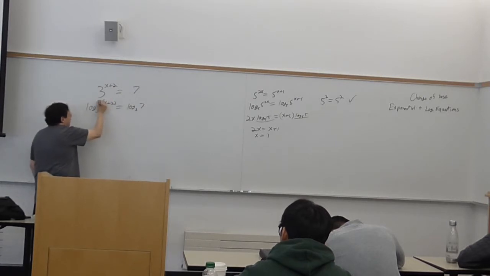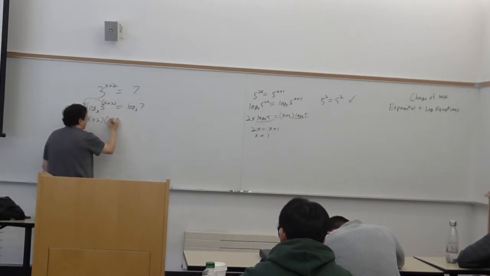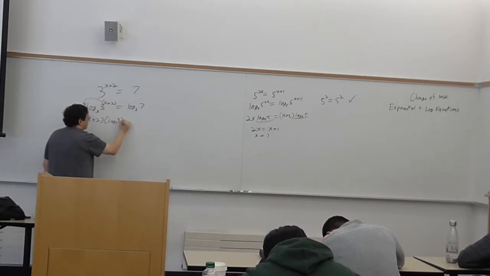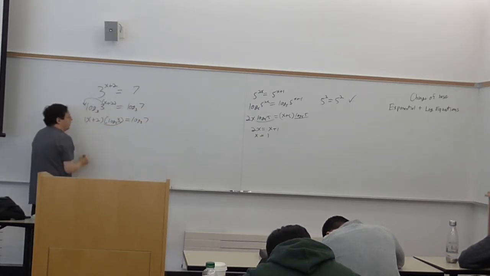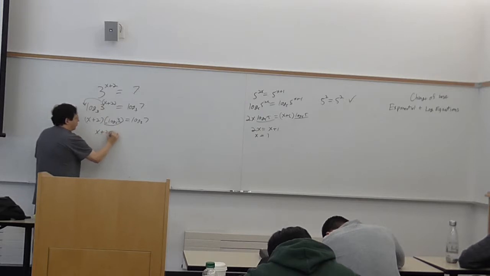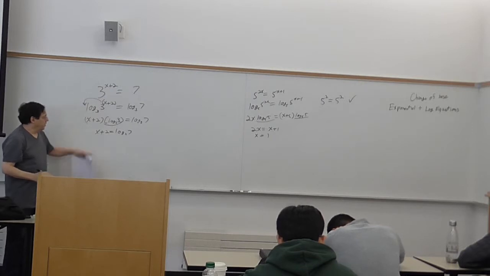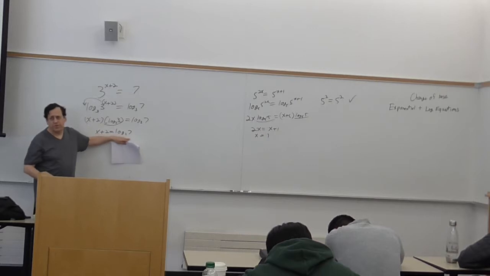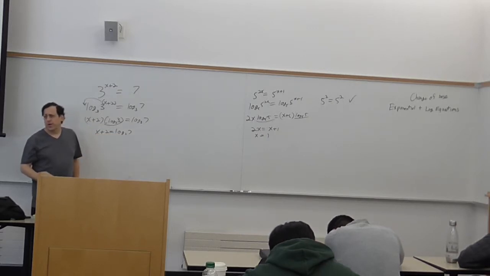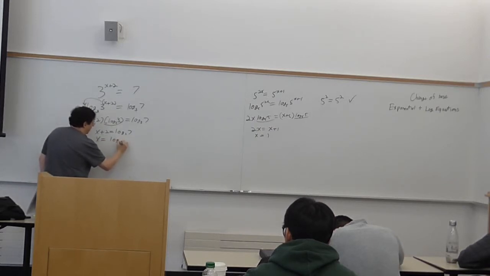And again, I can move my exponent out front, so I get x plus 2 times log to the base 3 of 3 equals log to the base 3 of 7. And of course, this is 1, so I just have x plus 2 equals log to the base 3 of 7. And at this point, as long as you recognize this is a number, it's just a constant, this is just a simple algebraic problem now. I subtract 2 from both sides, and I get the answer log to the base 3 of 7 minus 2,